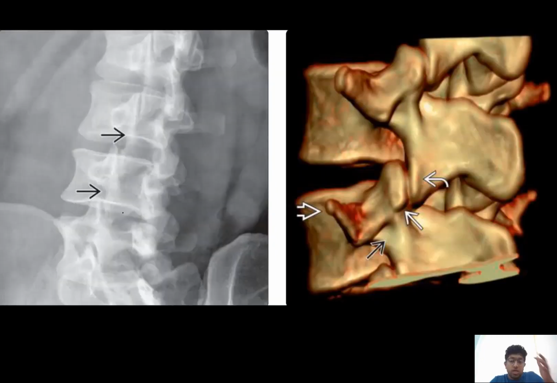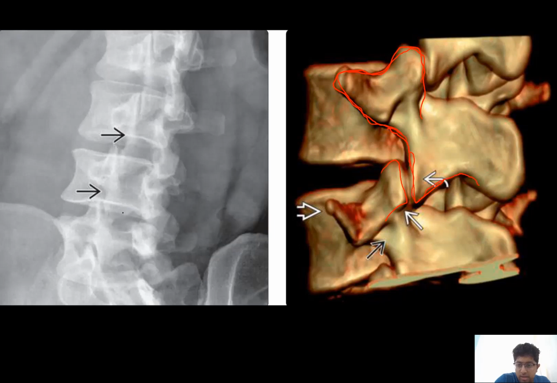So in this image, what we can see is the inferior articular facet and the superior articular facet, and this inferior articular facet continuing upwards forms the superior articular facet. Here there is a transverse process. This is a slightly obliquely placed vertebral body. So this is the superior articular facet, this is the transverse process, and this is the inferior articular facet,